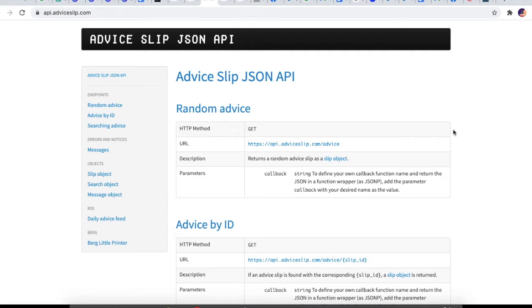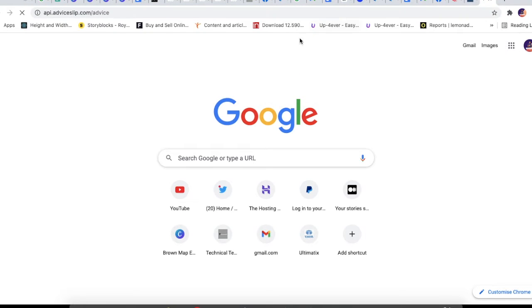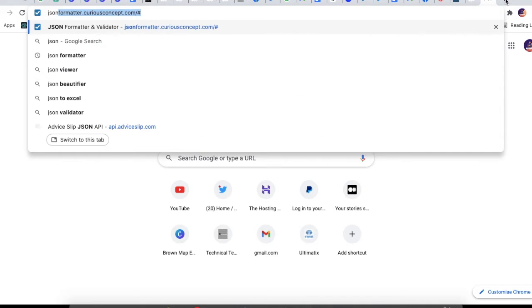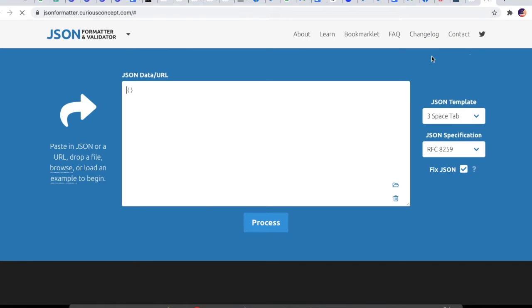This API will give a response which will give us random advice. For getting the API URL, you can go to this website and copy this URL. Let me show you the response for this URL. So this is the response: a long walk alone with some time to think can work wonders. This is one advice which that API is giving us. We can also see this response using a JSON formatter, so I'm just copying this response.